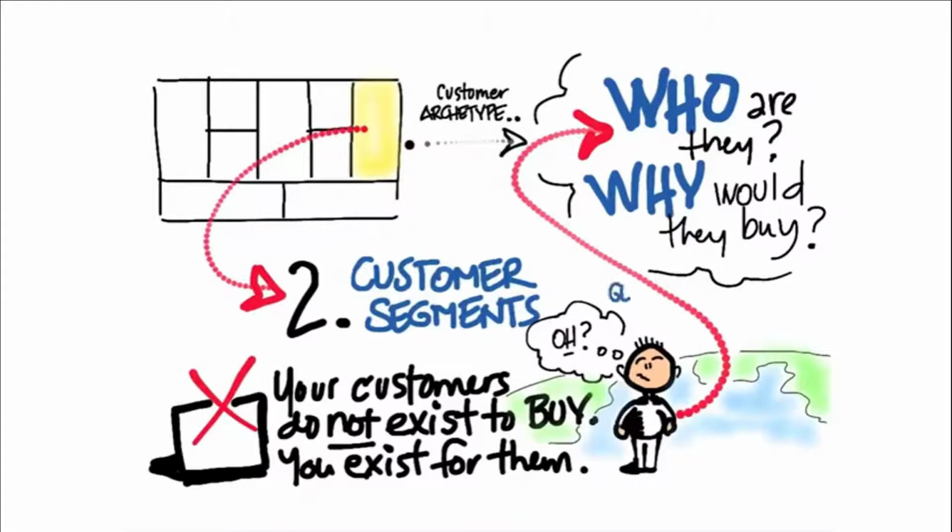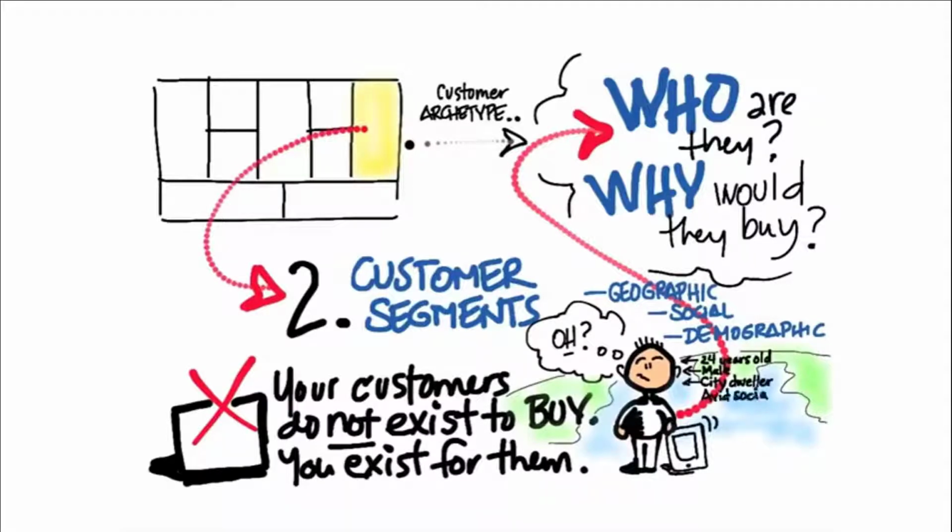You want to know where they live, what they do, what their age is, are they in urban areas or are they married, etc. And why do you want to know that? Because it will help you figure out how to not try to boil the ocean by trying to get everybody in the world to buy your product, but figuring out who specifically is interested and why makes it incredibly easy to sell and have them want your product when you understand who they are and what their motivations are. So that's why we spend all this time talking about customers and customer segments.